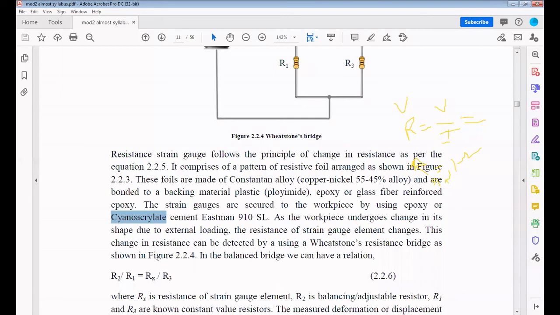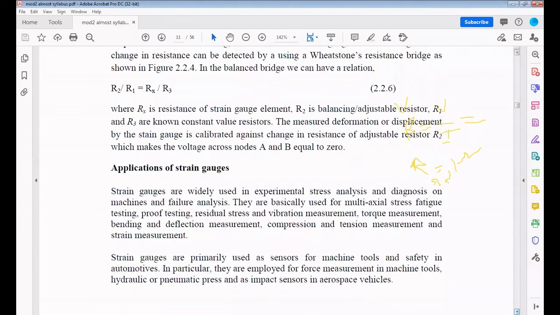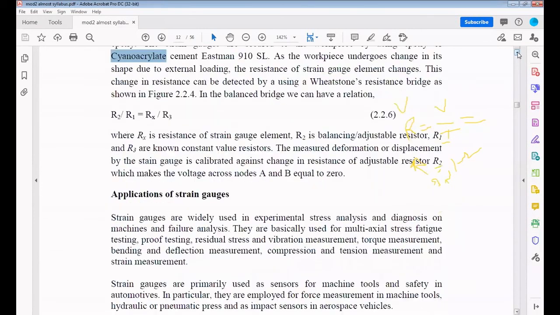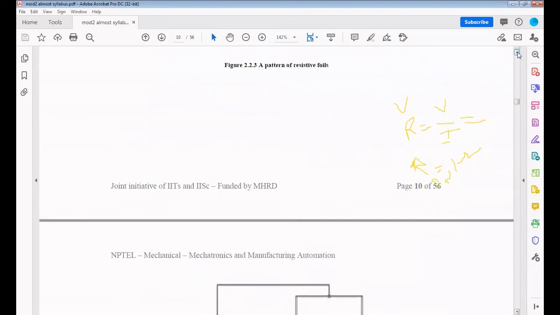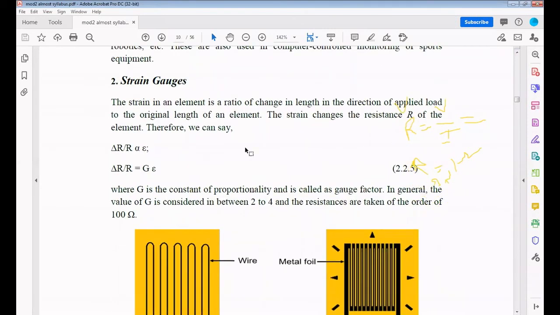So this is majorly used in strain gauges. Already we discussed applications previously. So you remember, once again I am telling here. Strain gauge is also one type of sensor. It is completely useful for diagnosis of any material failures inside that particular material. We can find out material failures by using these strain gauges.